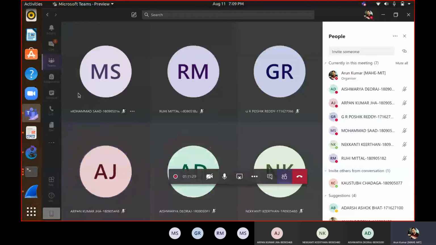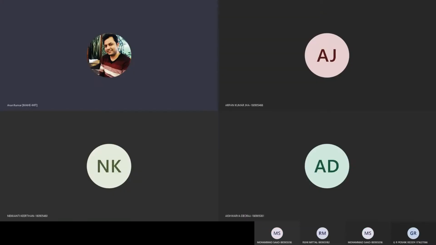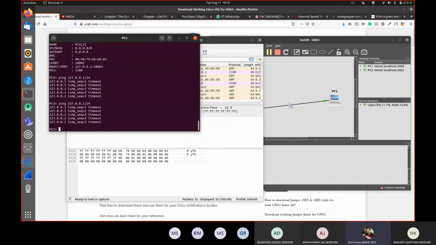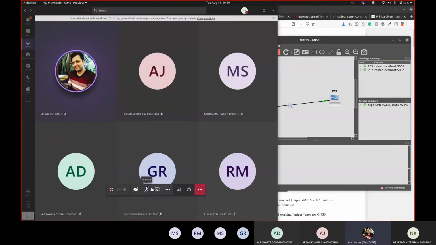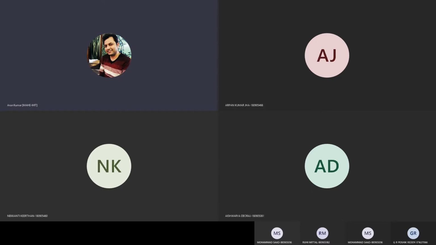Okay, now we'll move ahead and see what will happen if we add one hub to this. So where is our GNS3? Here. We are deleting this. Okay, all of you listen. So these are two devices. But this time, instead of connecting them,